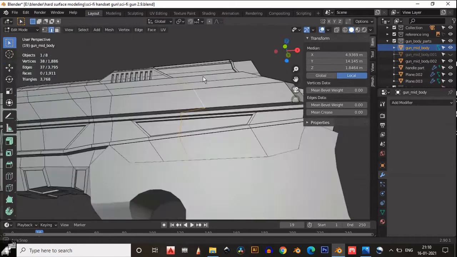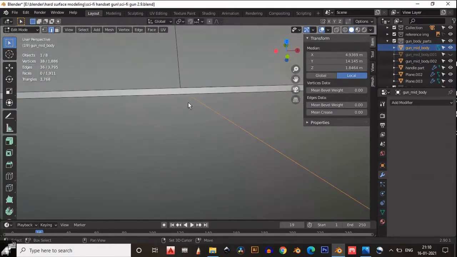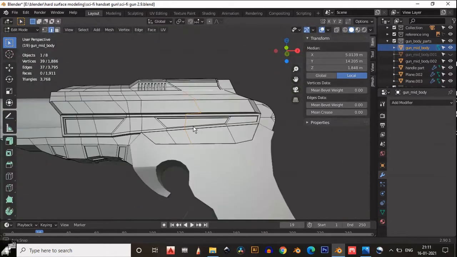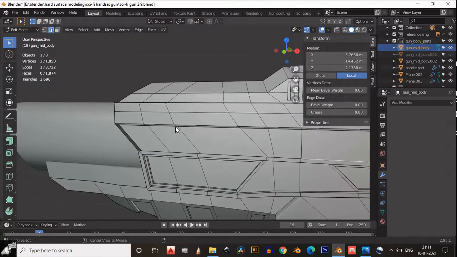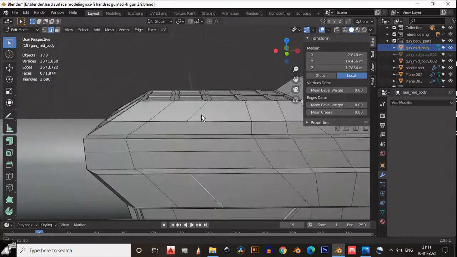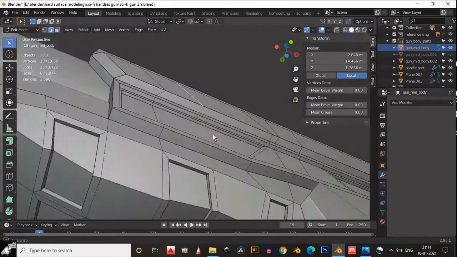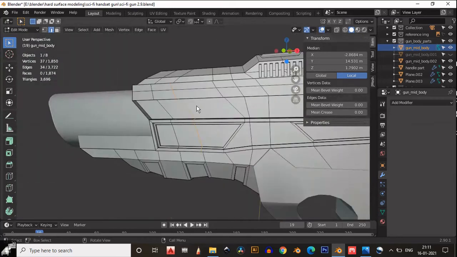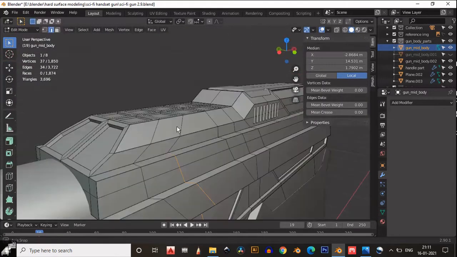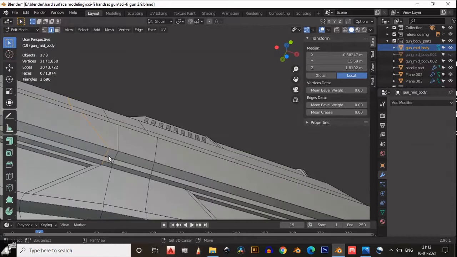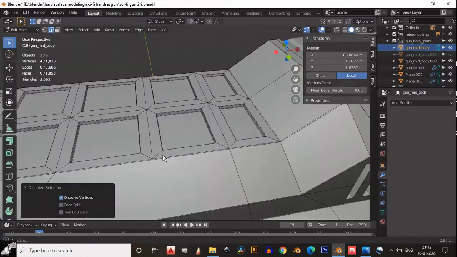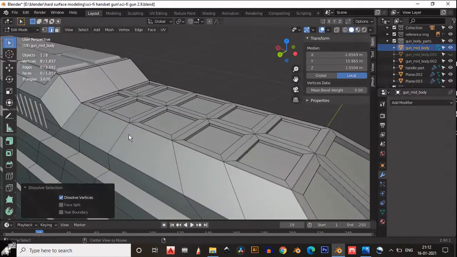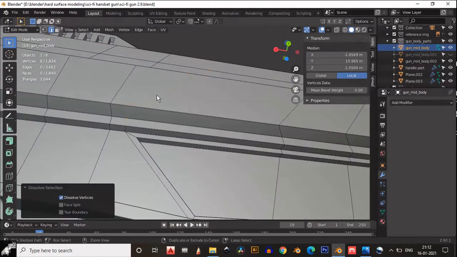Dissolve these edges. When you dissolve any edge and it affects your mesh shape, that time you don't need to dissolve that edge.